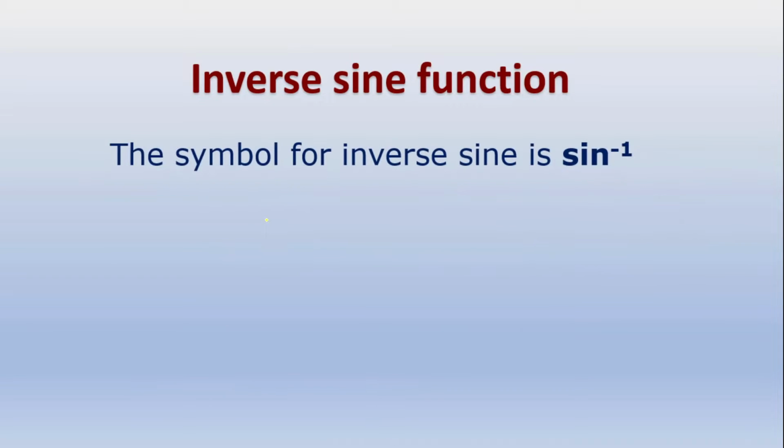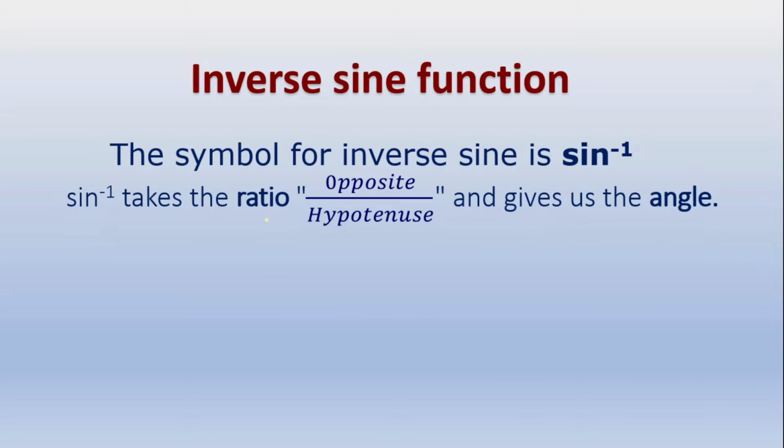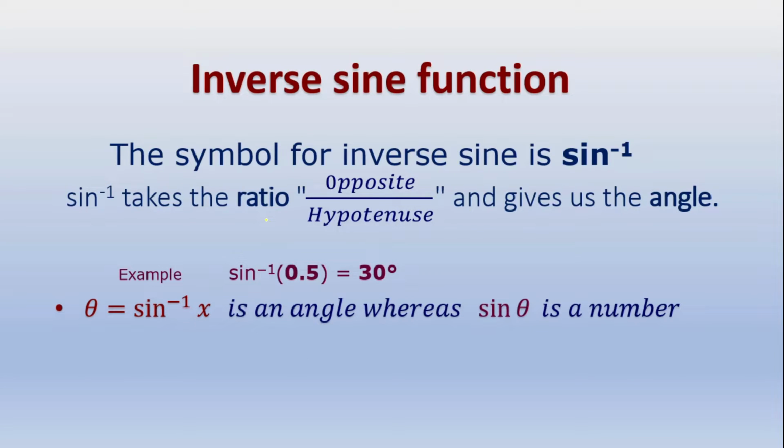The symbol for inverse sine is sine inverse, and sine inverse takes the ratio of opposite side and hypotenuse and gives us the angle. So here you have sine inverse 0.5, or sine inverse half, and that will give you the angle, that is 30 degrees. A few things you have to remember: sine inverse gives theta, that means it will give you an angle,